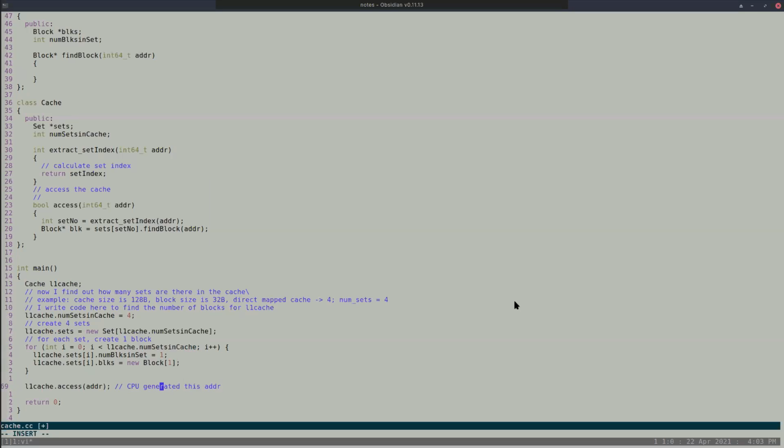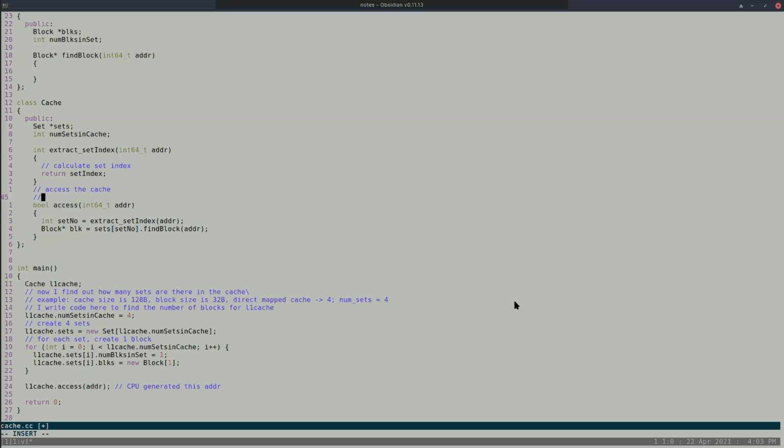I said, I have an L1 cache. I said access this address, right? So once I said access this address, I find out what is the set that I have to access. So this is the set that I have to access. I use the set number, which means that I go to the particular set, because this cache has maybe two sets, right? Now maybe the set number was 1. So I go to that set number 1 and say, hey, you are a set. Do you have this block or not?